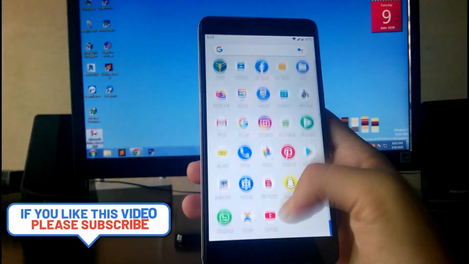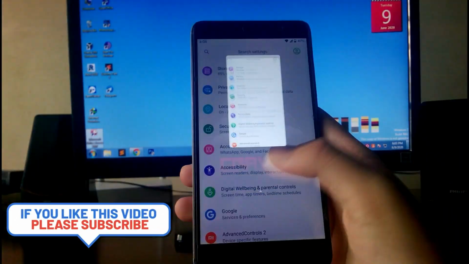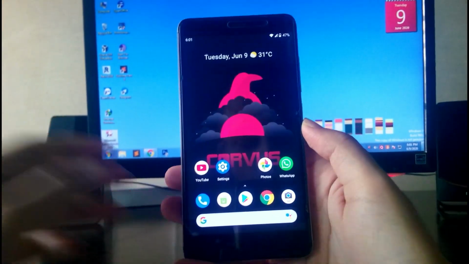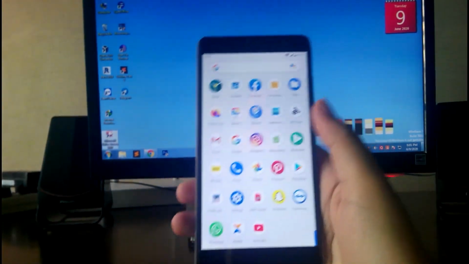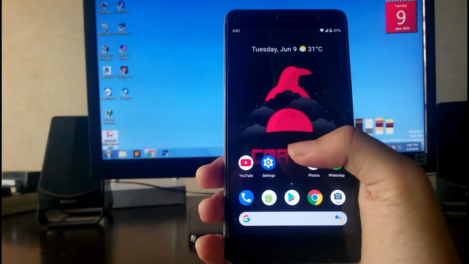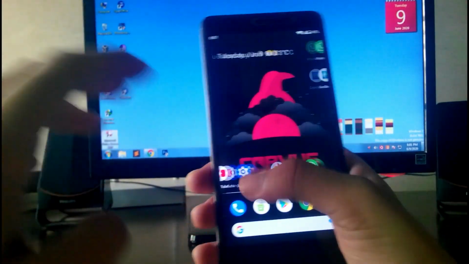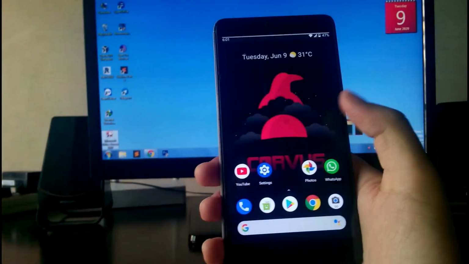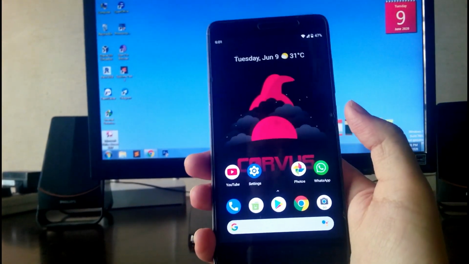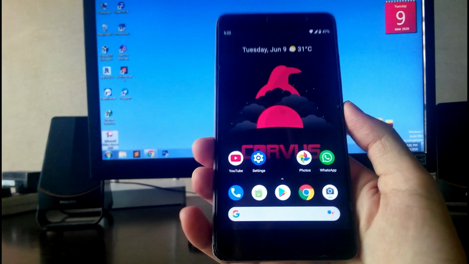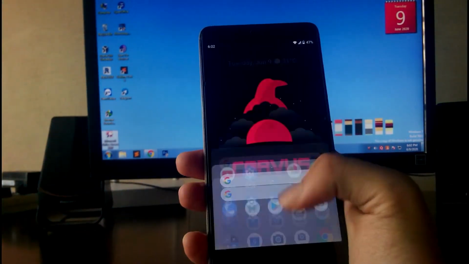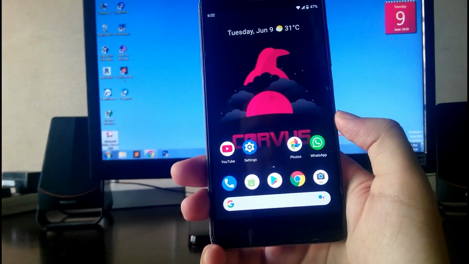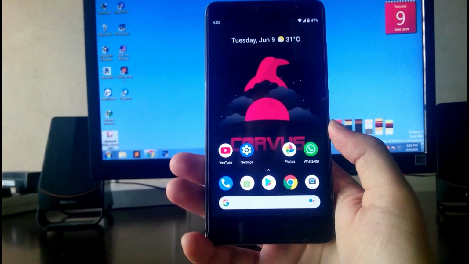No problems with the gestures, they are smooth enough. You will be having no problems, as you can see here. So guys, now talking about bugs, I haven't faced any bugs yet. Everything is working perfectly fine for me. The performance is great, but the battery life is not good. I haven't faced any bugs yet, like the black screen or the reboot bug. Everything is working fine. If I face any bug, then I will include it in the description, so check it out to see if I have faced any yet or not.